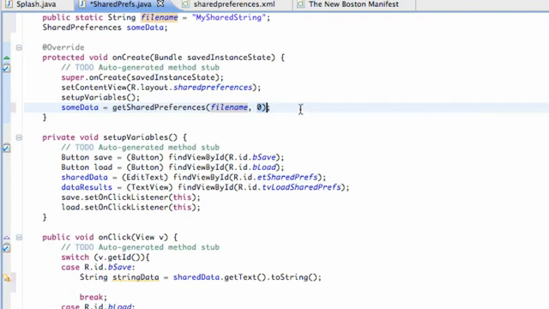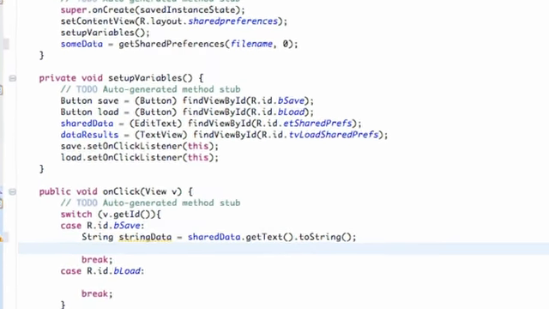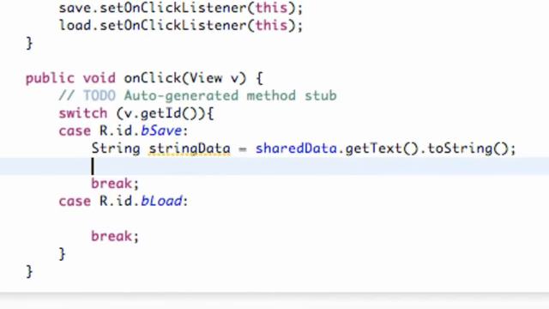Now what we're going to do is use an editor to edit the information and then save it as well. So we're going to do that within our save button that we created. And the first thing that we have to do is access the editor. So the editor is from the shared preferences class. So we're going to go shared preferences